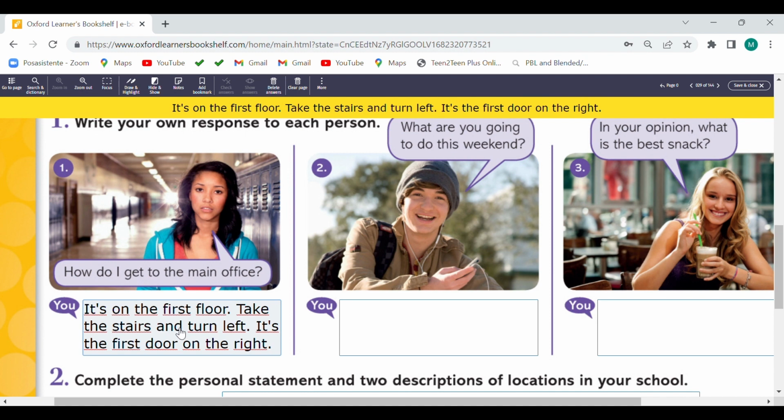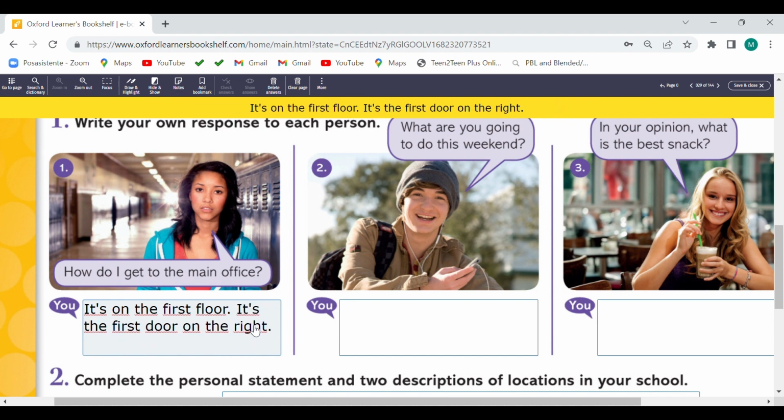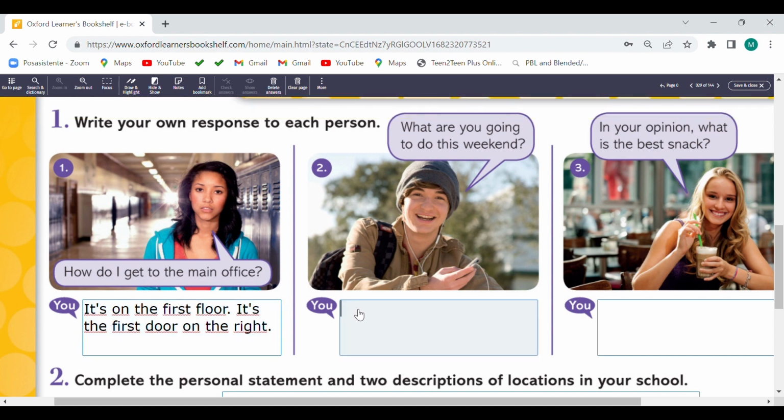Tomamos las escaleras. No, aquí no tomamos las escaleras, entonces decimos esto. Es correcto. It's on the first floor. It's the first door on the right. Bueno, es el primer piso y es la primera puerta del lado derecho, ¿verdad?